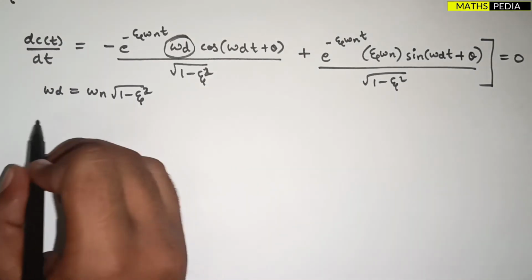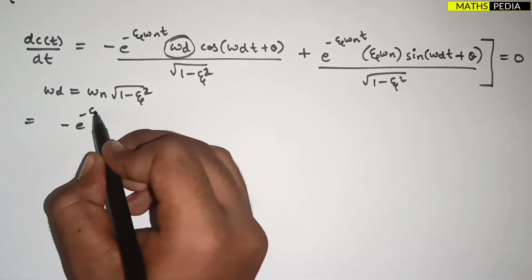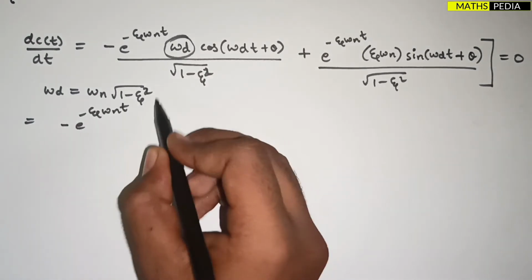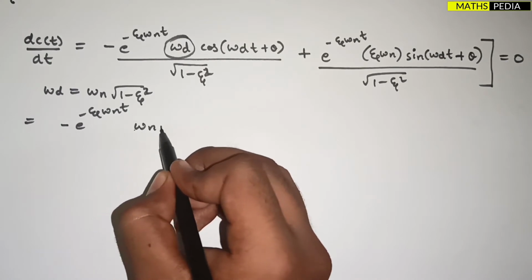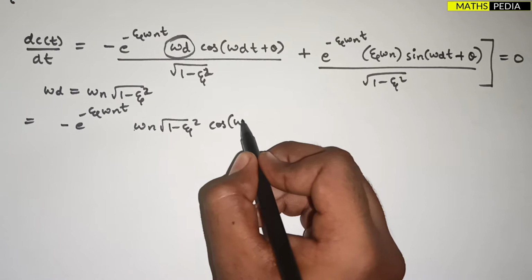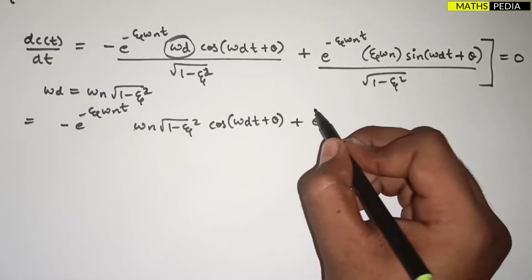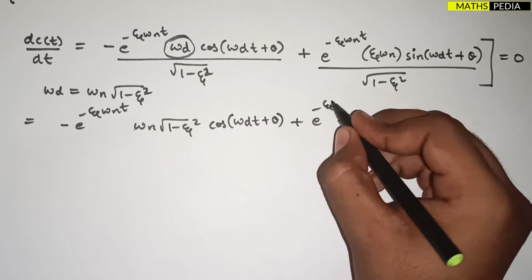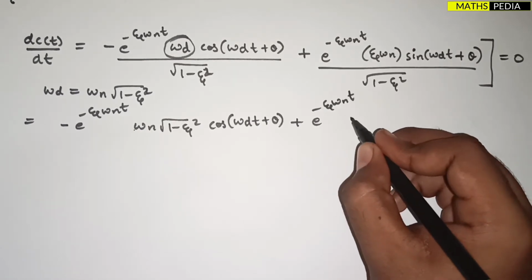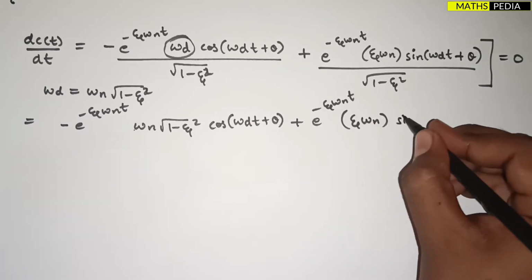So what will happen, so that is equal to this term, minus e power minus zeta omega n t into omega d, I'll write omega n into square root of 1 minus zeta square into cos omega dt plus theta plus e power minus zeta omega n t into zeta omega n into sine